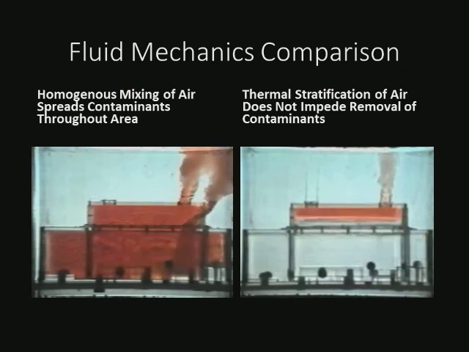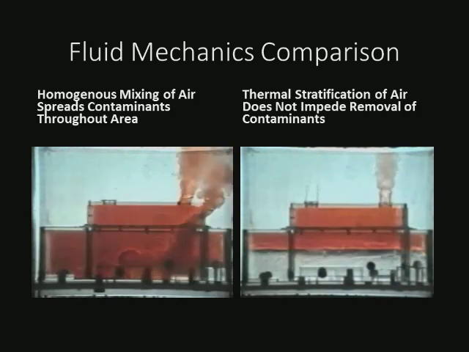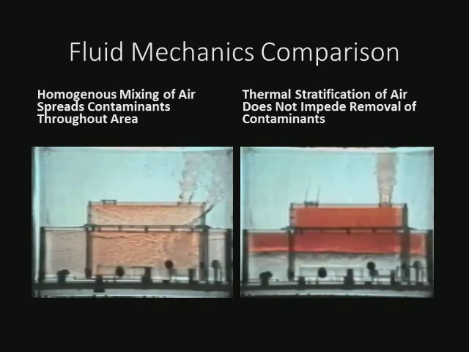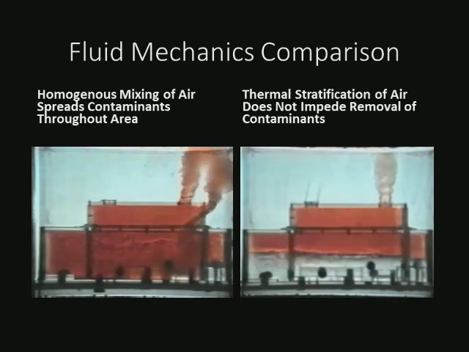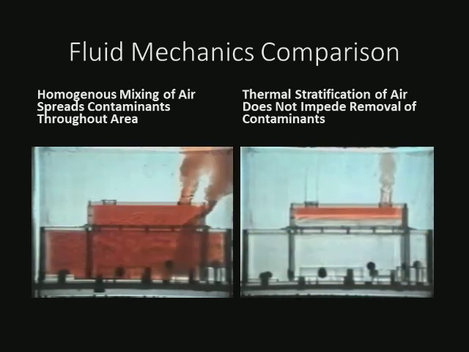On this image on the left, we have a standard mixed air system where a red dye is used to indicate where contaminants, germs, bacteria, and so on are swirled around inside the room. Now, because the supply air is brought in high, it has to be brought in at a higher speed and velocity in order to stir the contents of the room. So if this person over here is coughing or there are germs over here, they get spread throughout the entire